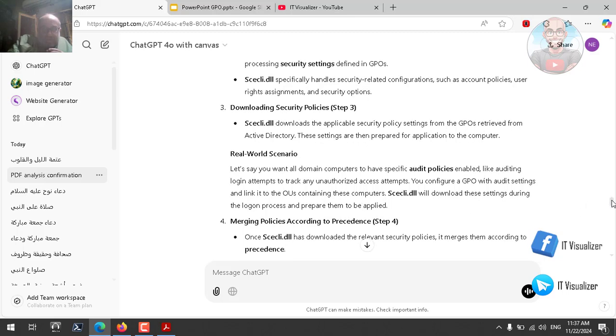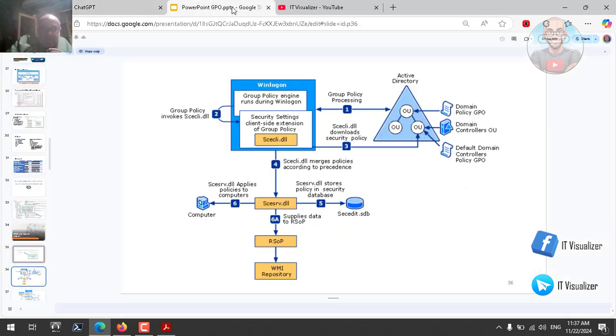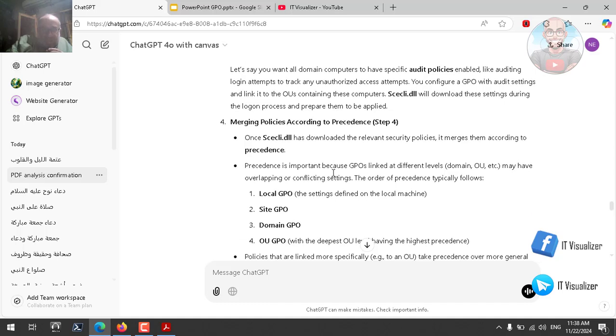Step 4, merging policies according to precedence. So we're now talking about step 4. We have downloaded the relevant security policies and it merges them according to precedence. Let's read this section carefully. Precedence is important because GPOs linked at different levels, domain, OU, etc., may have overlapping or conflicting settings. The order of precedence typically follows